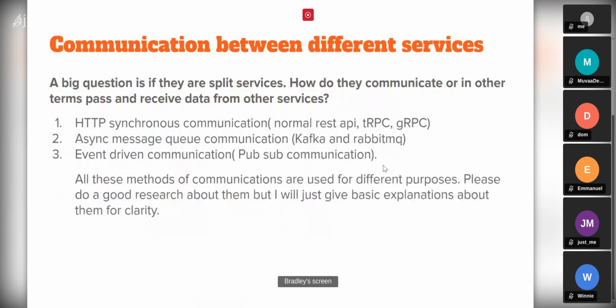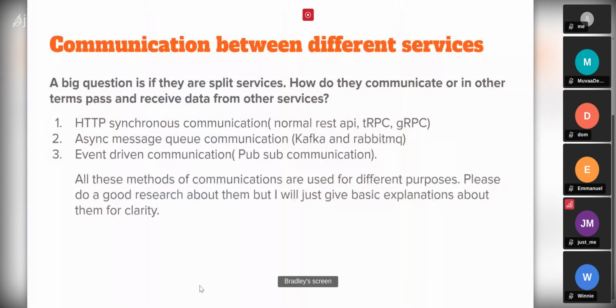Okay. So after talking a bit about communication, we'll start to talk about communication of different services. Because if this service is split and broken down as one single isolated service, how does it talk to another service? What essence will it bring if it's just one isolated business logic? They need a channel of communication or a way of communicating with other services so that we actually mimic how an application works, right? So there are three main important communication ways, okay?